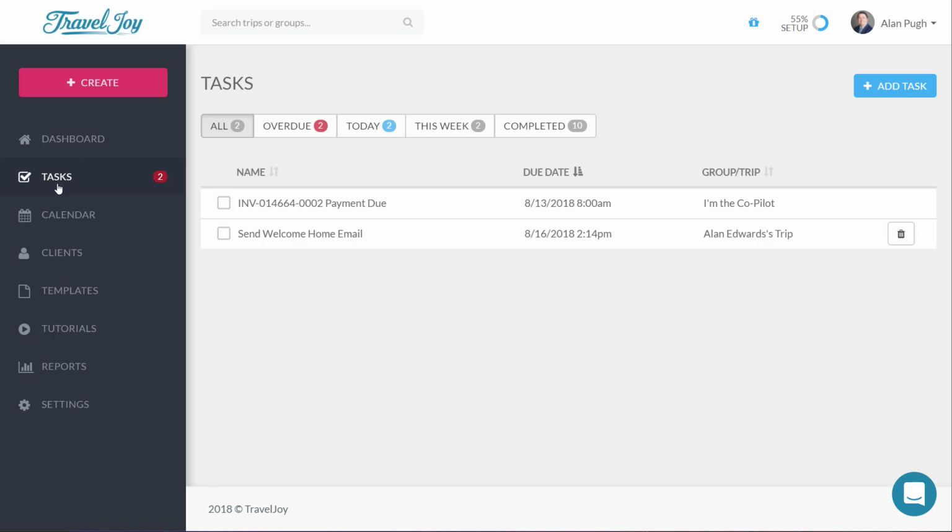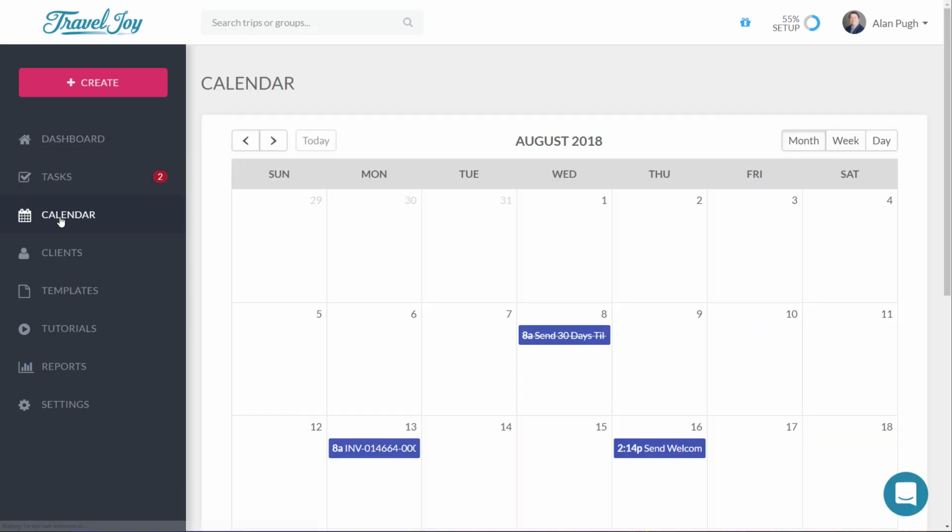But in the meantime, just know that once you've made tasks for any number of trips, you'll be able to see all of them in one list right here on the Tasks tab. You can sort by name, sort by the trip that it's a part of, and of course the most convenient is sorting by due date. You can also add a task from here. This is typically not the most convenient place to add a task though, and we'll get to that when we build our first trip. Calendar is exactly the same thing as tasks, except, as you could guess, it's laid out